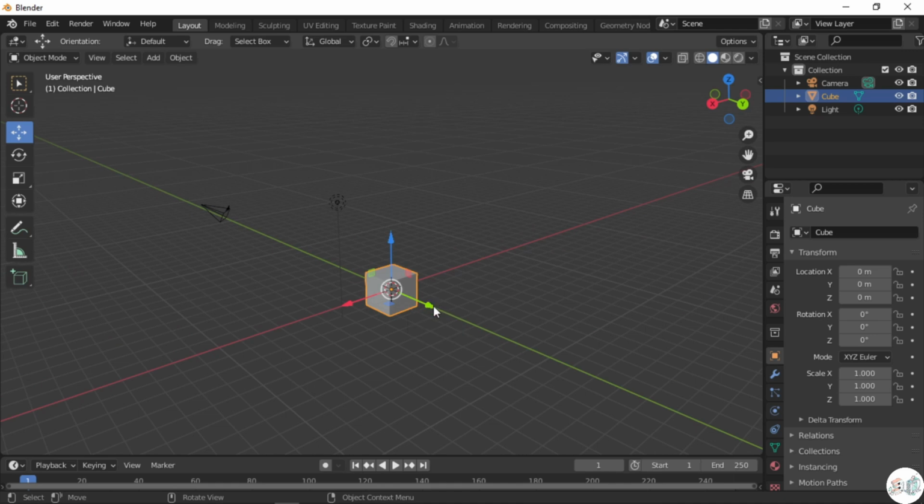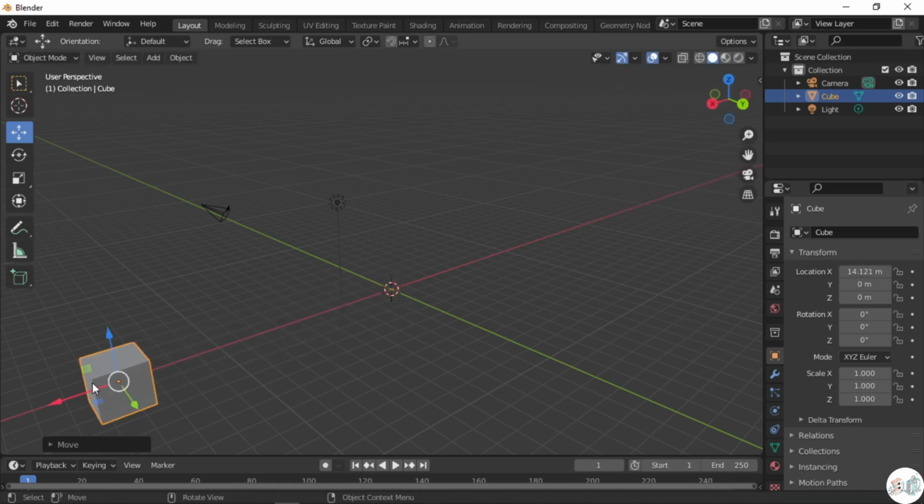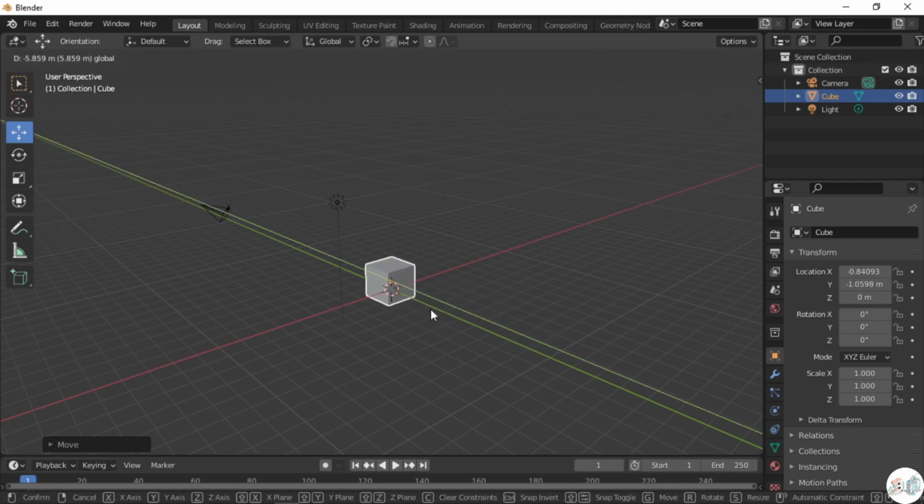The green represents the y-axis, red represents the x-axis, and blue represents the z-axis. If you want to move the cube in the x-axis, you have to grab the red arrow and drag it. It's a similar case with both the y-axis and z-axis.